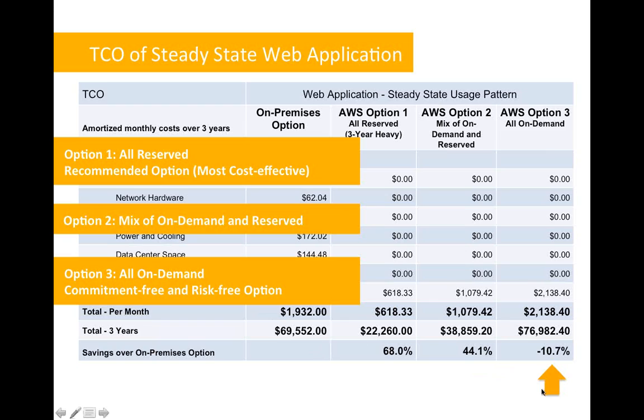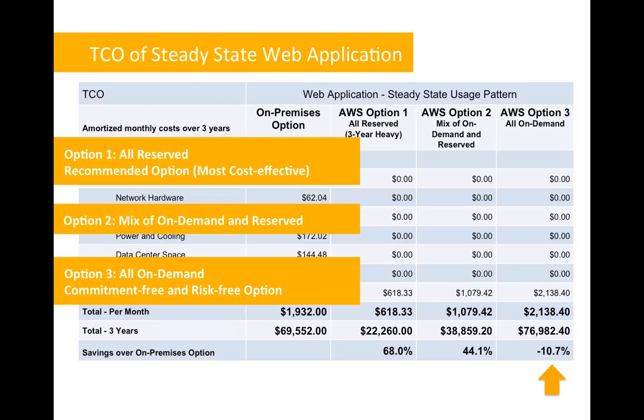So you can see you have to be very, very careful with what you want to implement and the pricing model that you want to use to get the real cost savings. You can go from 68% cost savings to a 10% cost increase just based on the pricing model that you choose. So it's very important that you think about and choose the right pricing model. So that's example number 1, the TCO of a